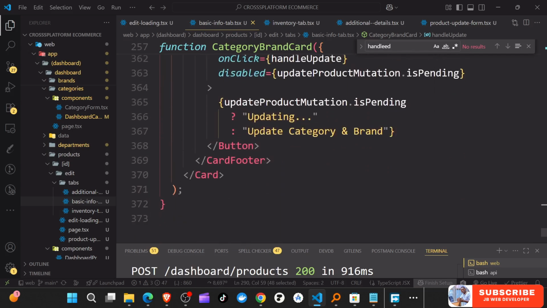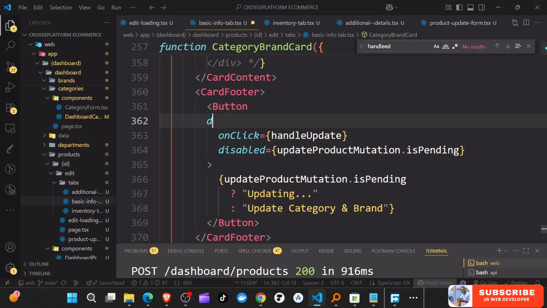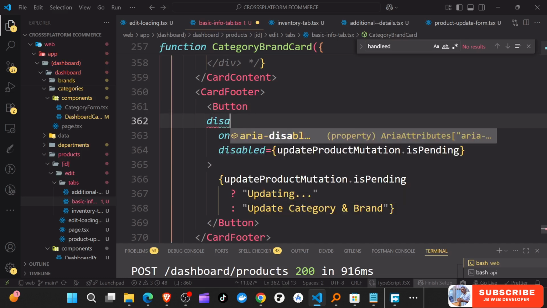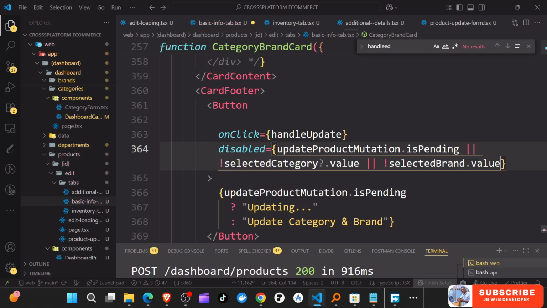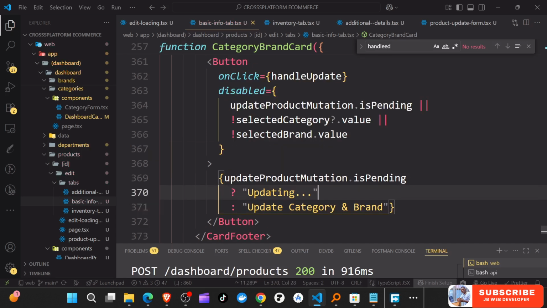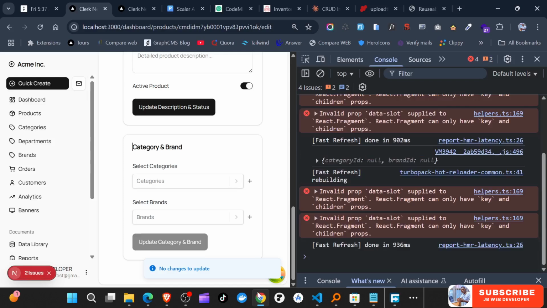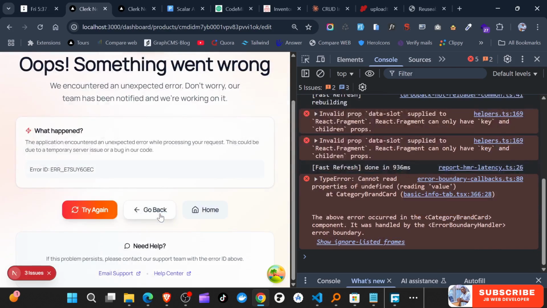maybe for this button, because I think we have here disabled. Oh, it is already here, dot pending. Or we could just also add these, if we have this, they are all disabled. So you can see it's disabled. You don't even need to first submit to know that there are no changes at this point. Okay, so if we select something, oh,